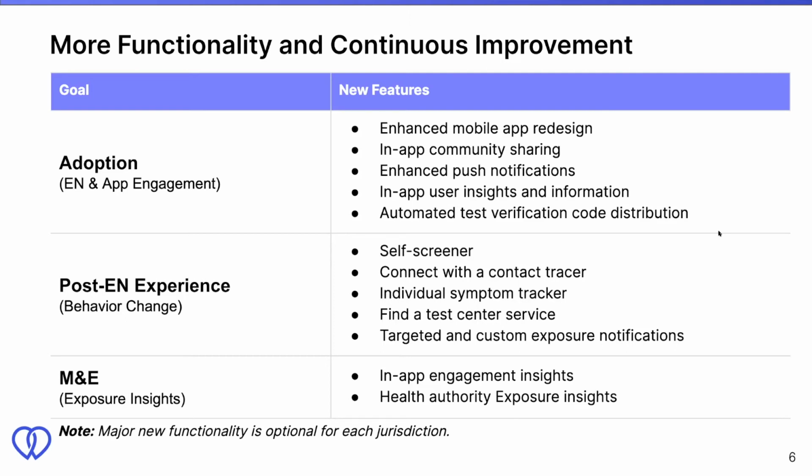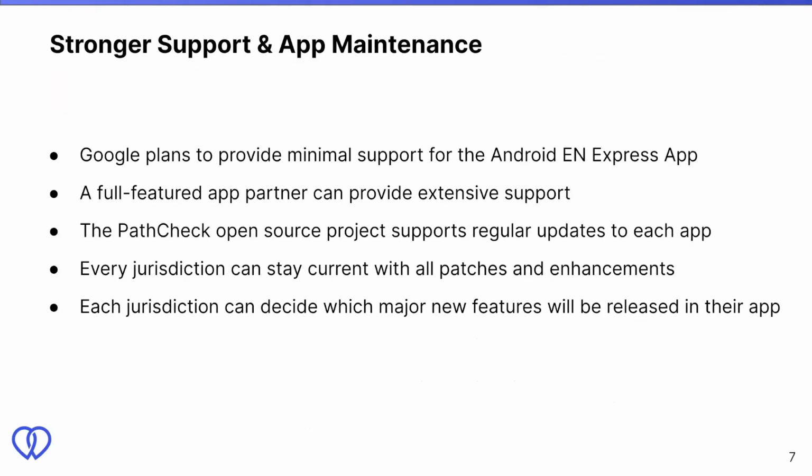And then, of course, the last area is just continuing the quality of information so that we really understand how these apps are working in the market, but doing that in a way that still continues to really preserve individual privacy. Now, the third area, kind of the third advantage I mentioned of a full-featured app is stronger support and app maintenance. It just depends on the partner that you choose, but I think what you'll see from the leading projects and the leading solution providers in the market is that there's really nice ongoing support